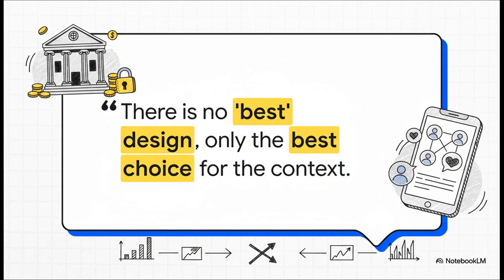And that brings us to our final and probably most important point. There is no single best system design out there. A design that is absolutely brilliant for, say, a banking app that needs perfect consistency would probably be a terrible design for a social media feed, which cares way more about being available all the time. The goal is always to find the best choice for the context. So the next time you're scrolling through an app, think about it. What trade-offs did its designers have to make to bring it to you?